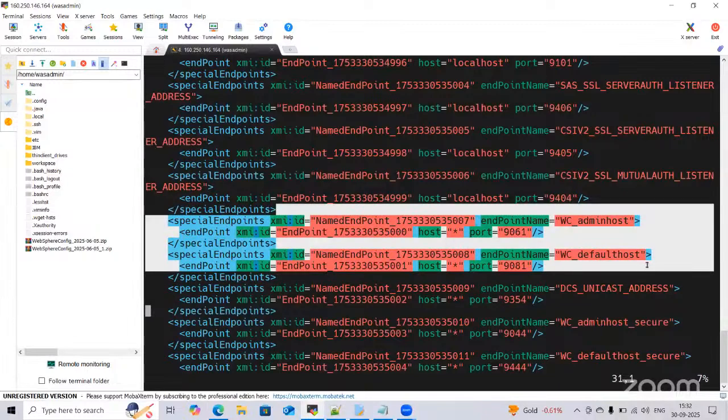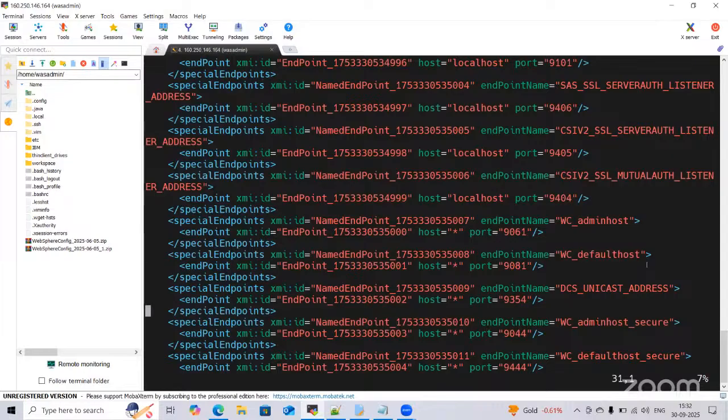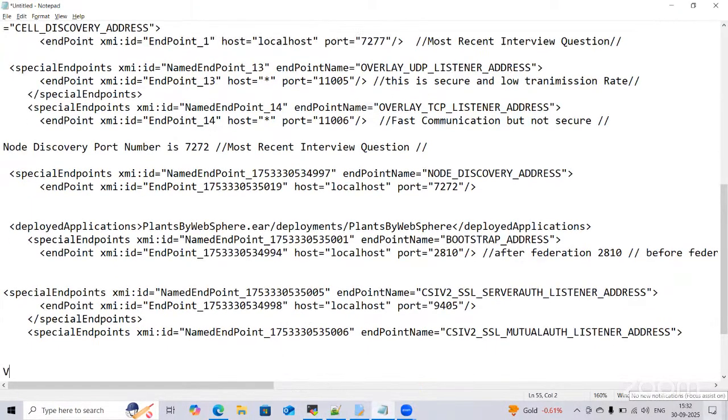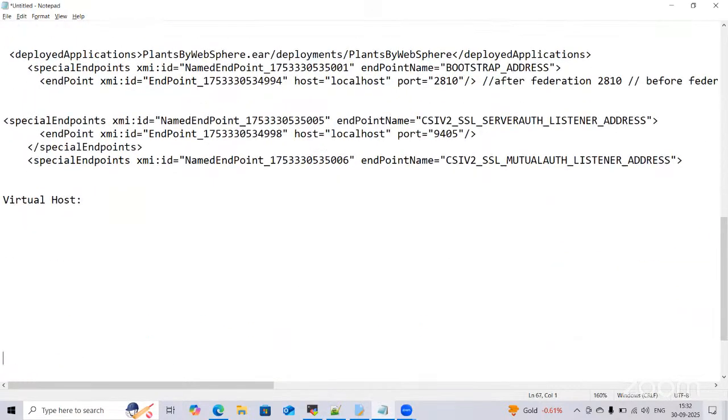These are the default host ports, declared under the virtual host. Virtual host is nothing but all port numbers or URLs must be configured under the virtual host. What is the virtual host? In IBM WebSphere Application Server, virtual host is